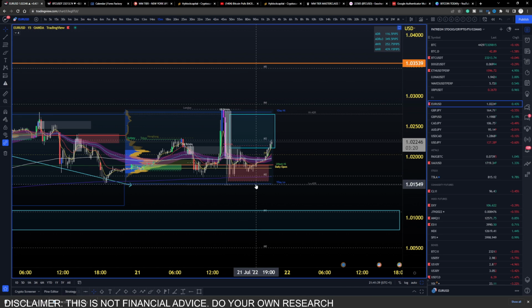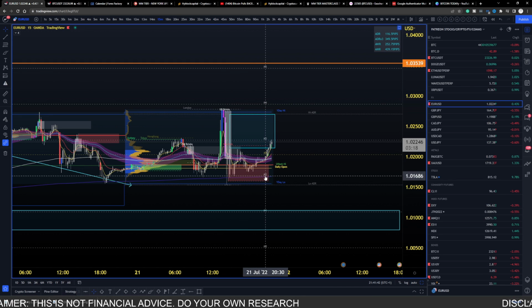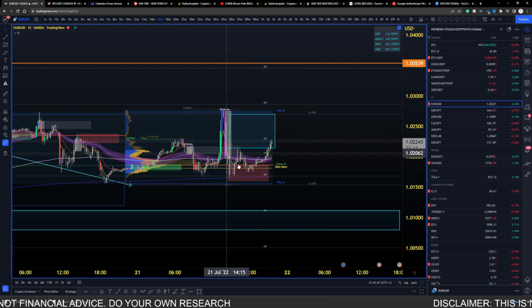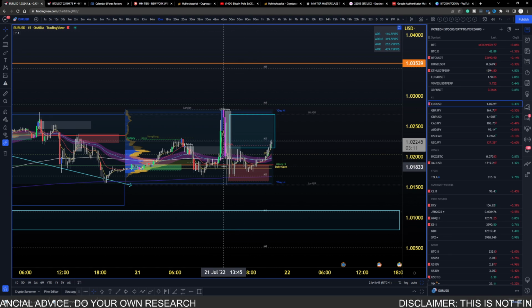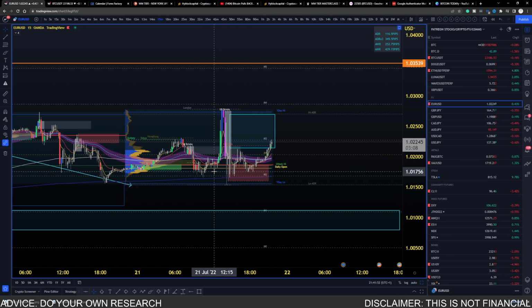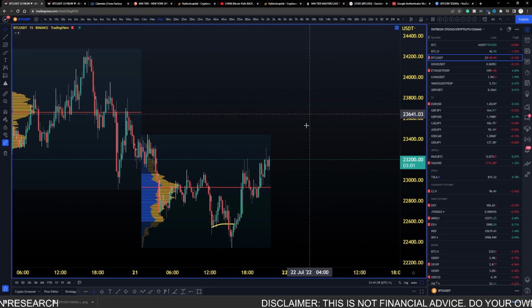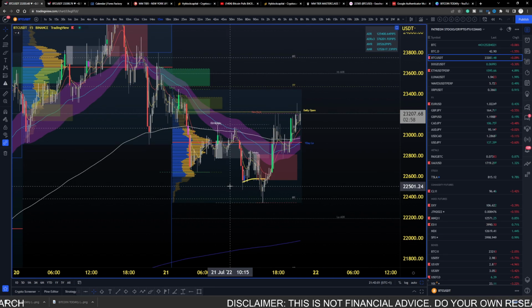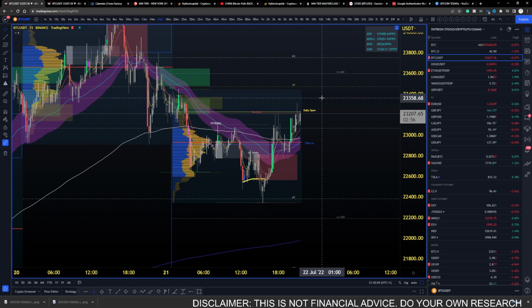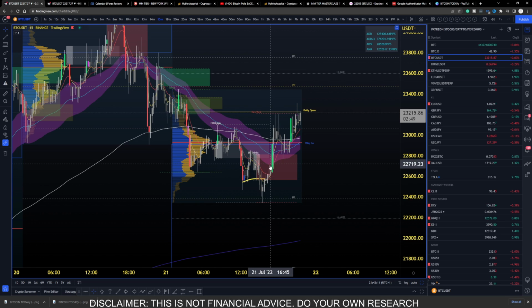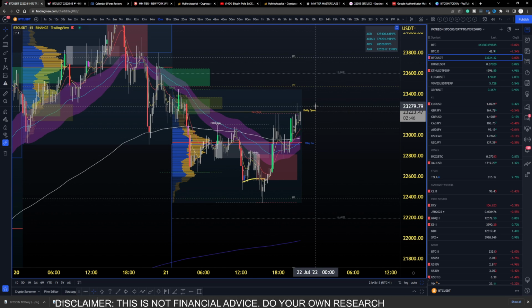Jokes aside, ladies and gentlemen, if we recall the understanding of the recovery of vectors, the stop hunts, these are the things that we look for because the stop hunt effectively establishes the true motive behind what the market maker is looking to do. Rolling back with Bitcoin, you can see now that it's making its way back up. The daily open has been successfully tried. Happy days. Vector candle principle is leading price back up.